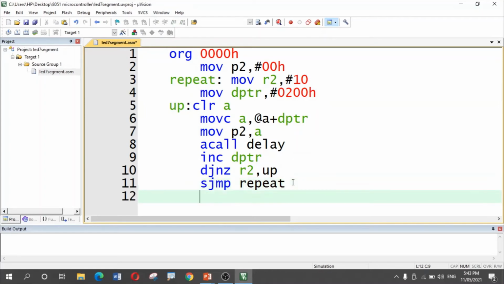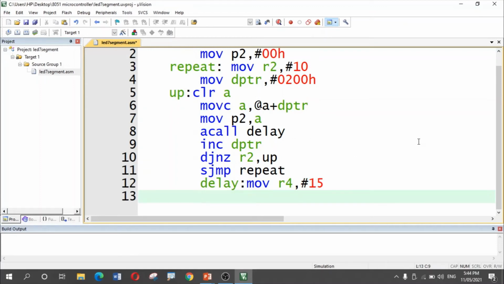Now let us write the subroutine part. The subroutine is named delay. So I will write delay followed by a colon. Then different registers are used. I will use R4 and load R4 with, say, a value 50.